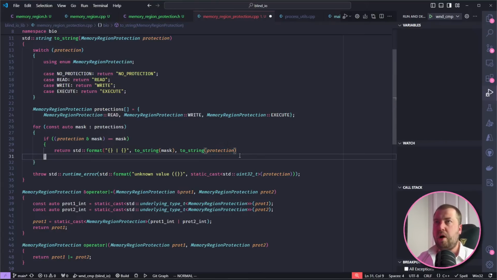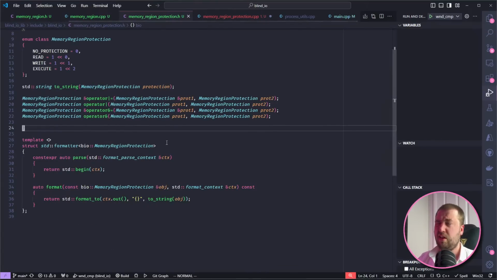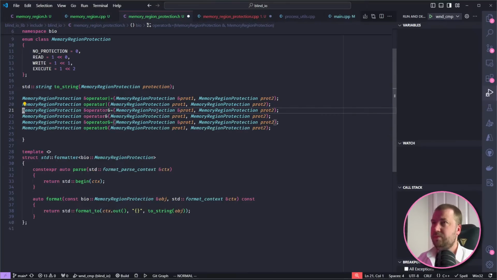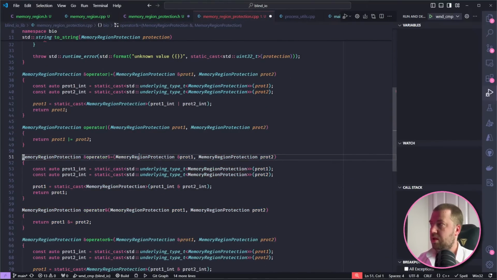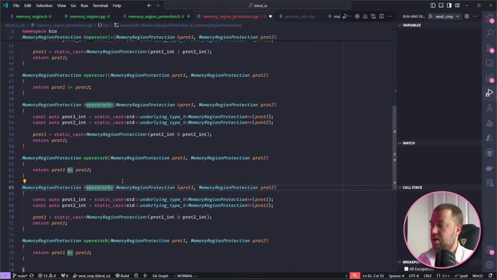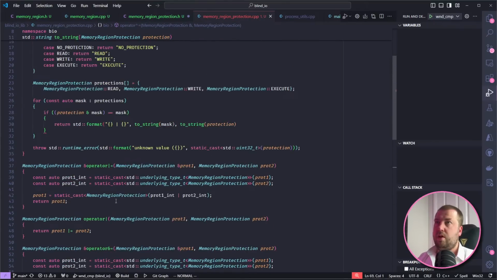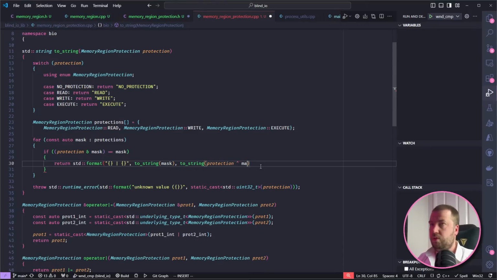So how do we strip off a mask? That's XOR, right? That's got to be, because it's the only one we haven't done. Right, I think. Do code review me as I go along, because I will almost certainly miss one of these and then it won't work and I'll wonder why. So now, protection XOR mask. So